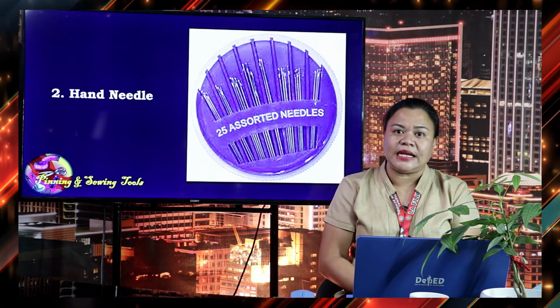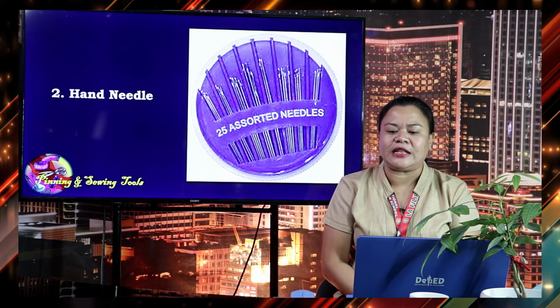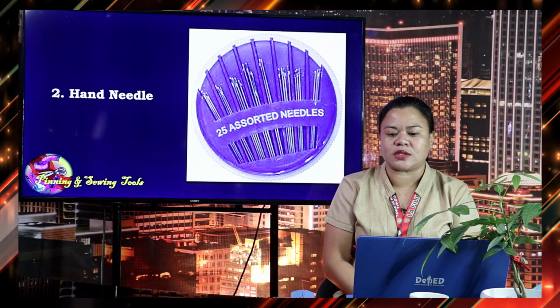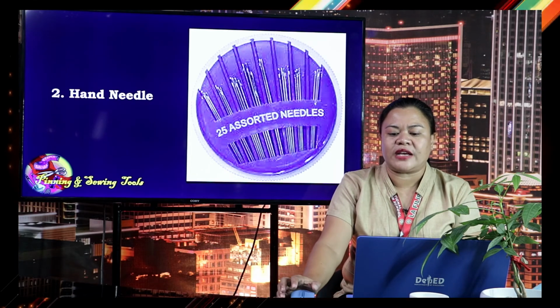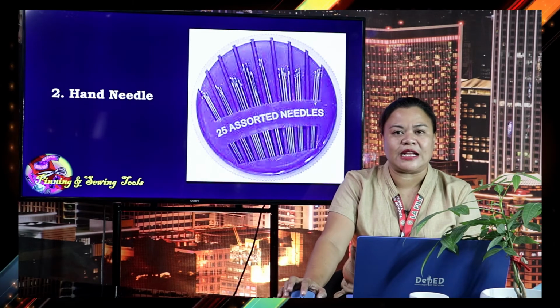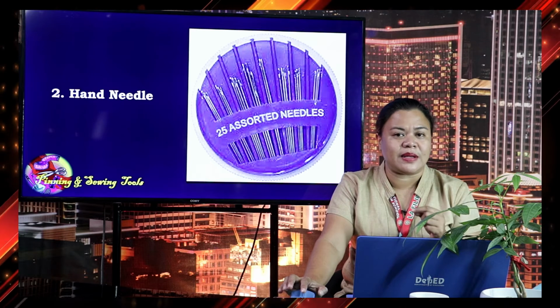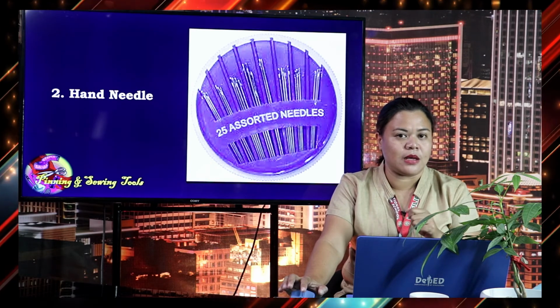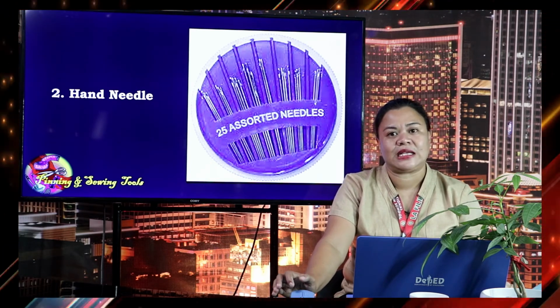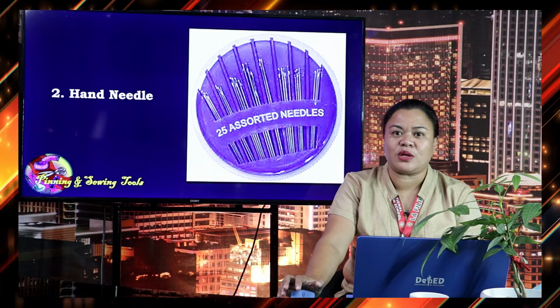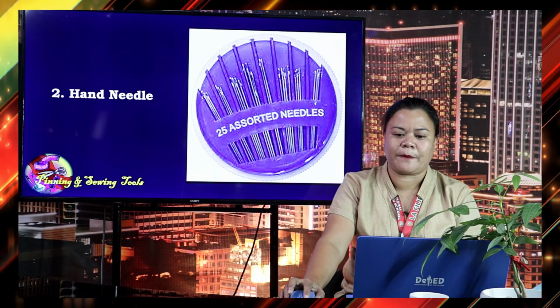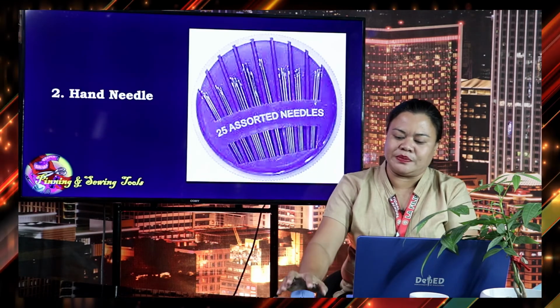Number 2 is the hand needle, used in making temporary stitches and buttonholes. Sizes of 7 to 10 are for general hand sewing. So, sa mga buttonholes, kanang butangan or suksukanan sa buttons, of course, ang ginagamit ana is the hand needles. Ito naman na siyang tahian manually. Then, number 3,